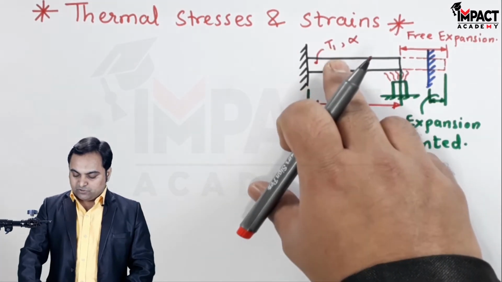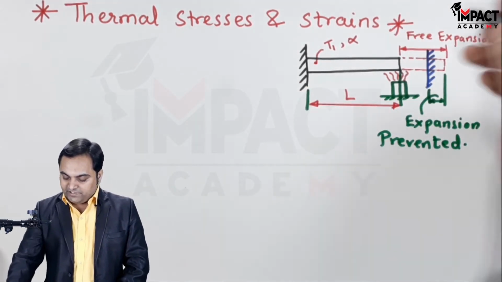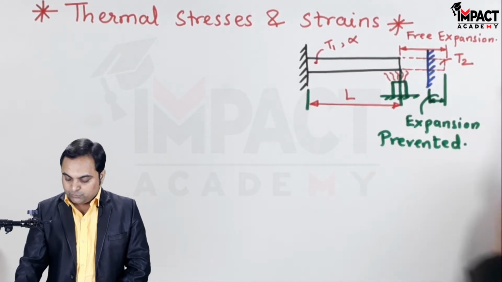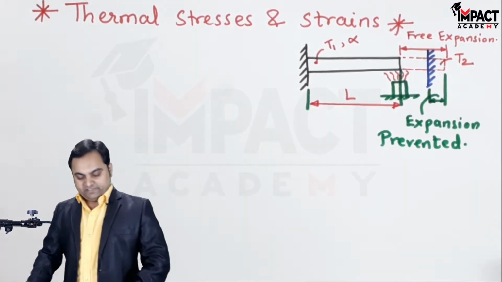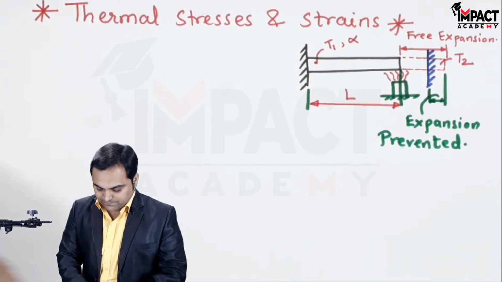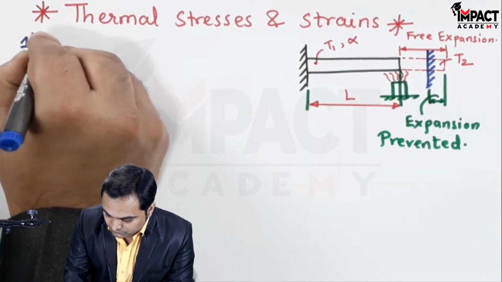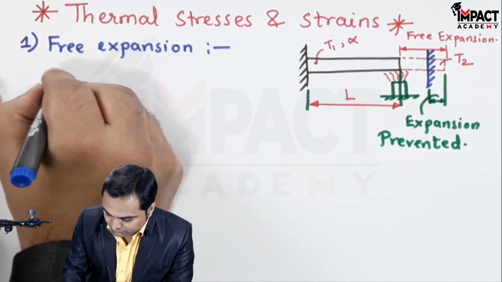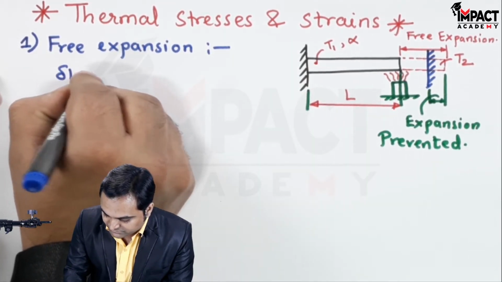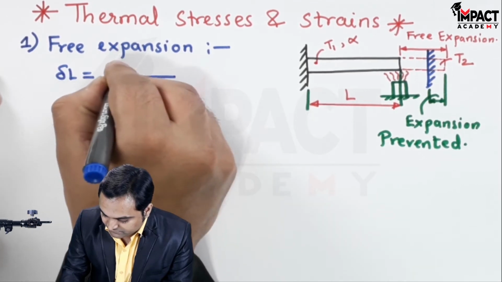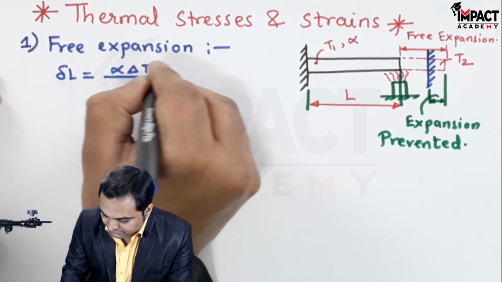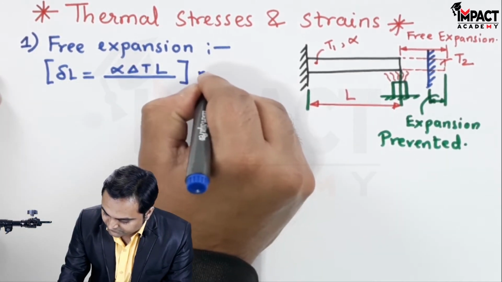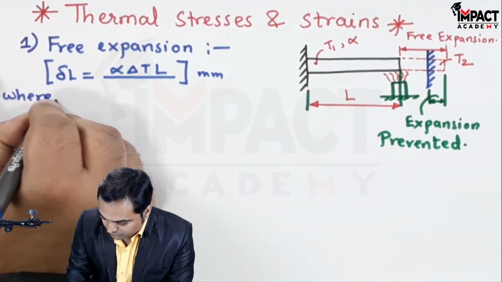Initially the temperature of the rod is T1, after heating it reaches another state and the temperature becomes T2. So first I'll write the formula for free expansion. It is denoted by delta L, also called the deflection, that is given by alpha into delta T into L. Unit is mm, where alpha